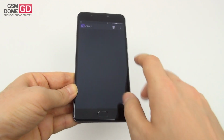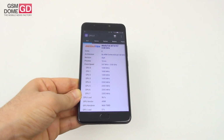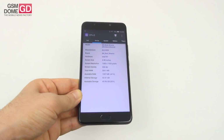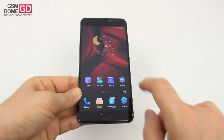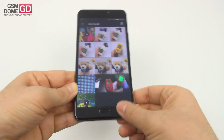First of all, it's loading a bit on the slow side, so come on. Okay, so I just told you before, the CPU is the MediaTek Helio P25 operating in tandem with 4 GB of RAM and 64 GB of storage. I would say that the hardware is quite good, and as you can see from before, lag free. Now let's go to the screenshots and see how we handle the ever important